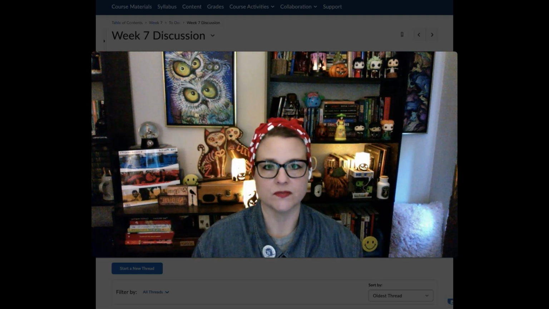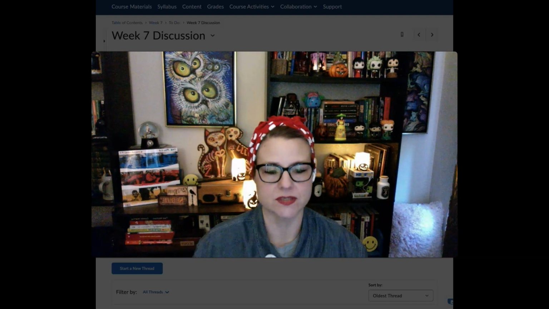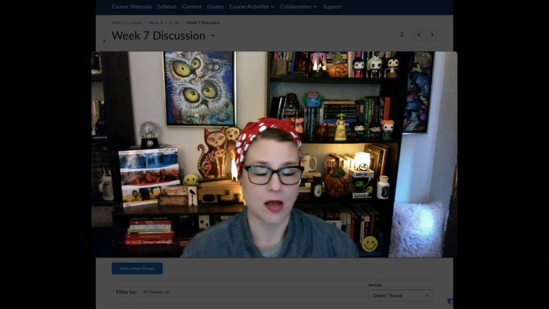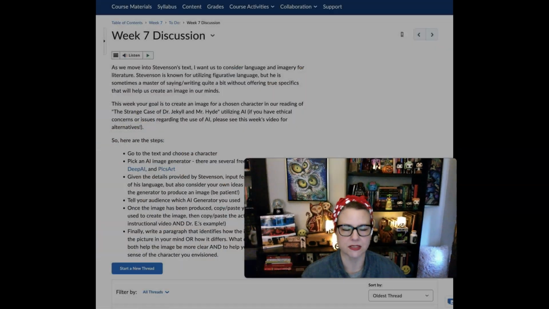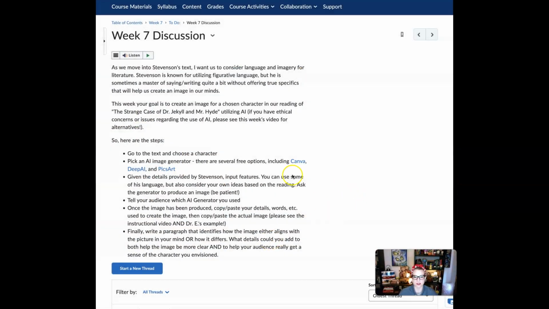So we have environmental factors to consider, as well as whether or not we feel comfortable inputting data into AI generators of whatever sort. So if you feel that you ethically cannot complete this specific assignment, I'll get into some details of something that you can do that's still related, still fulfilling what our goal is, but it's not using an AI generated image.